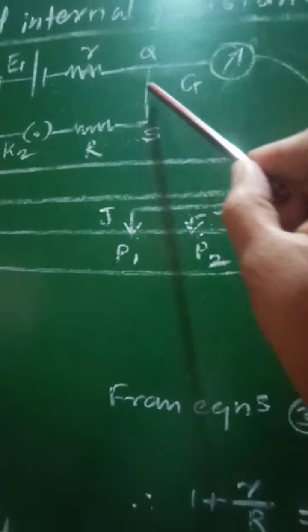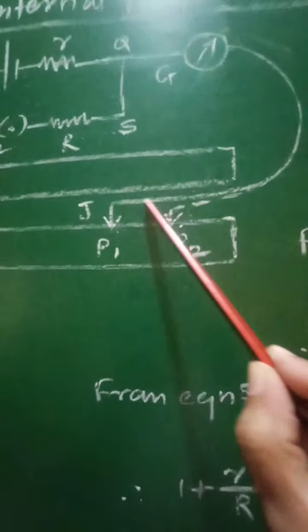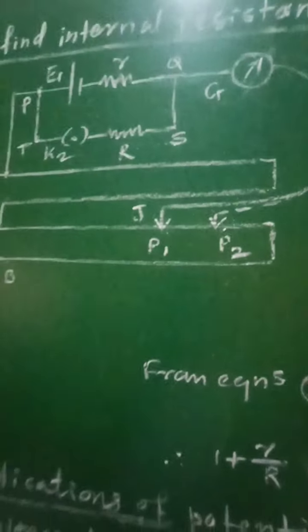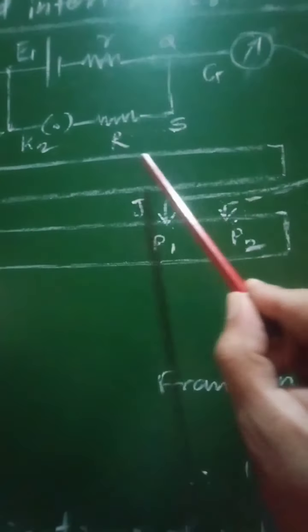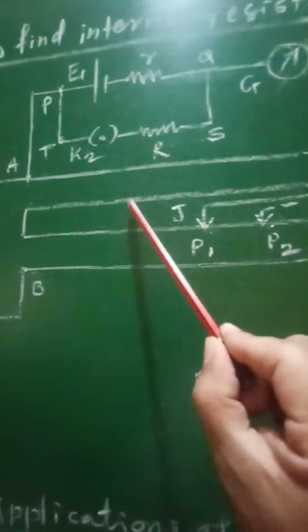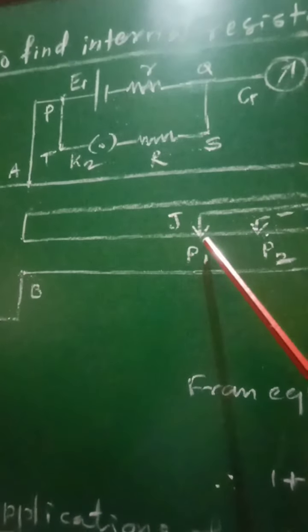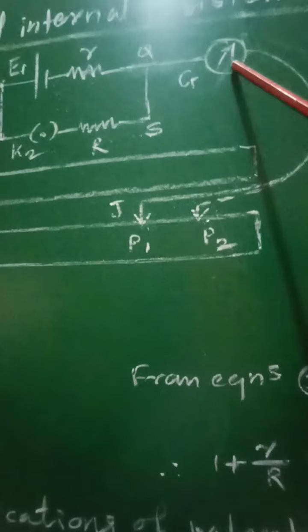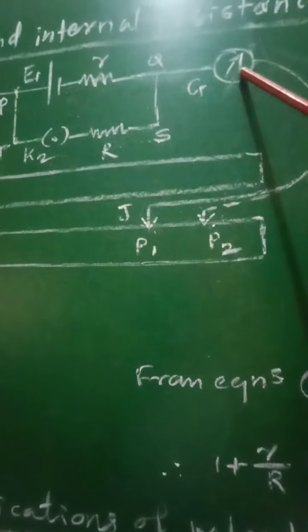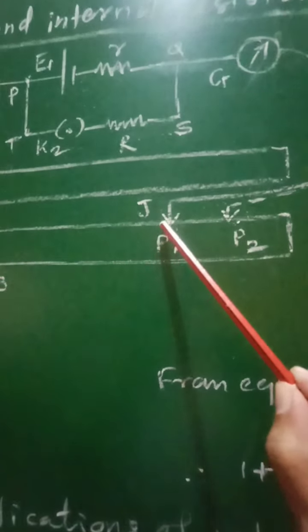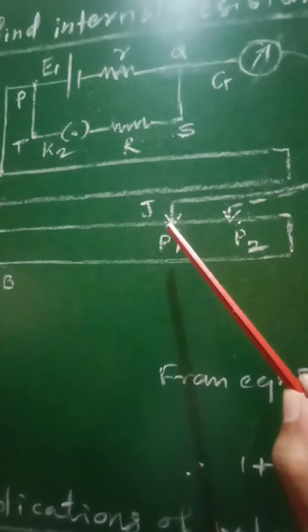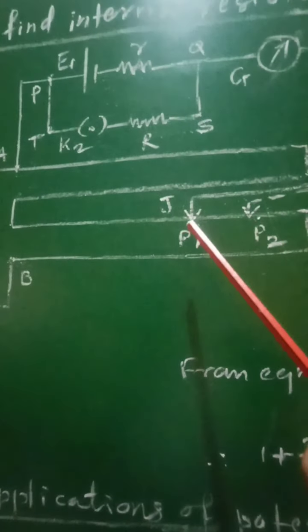Now that current will pass through galvanometer to jockey, and therefore now the jockey will be touched at different points along the length of this wire AB. At that time, at a particular point P1, the galvanometer shows null deflection or zero deflection, and therefore point P1 we will get as the null point. Now in this case,